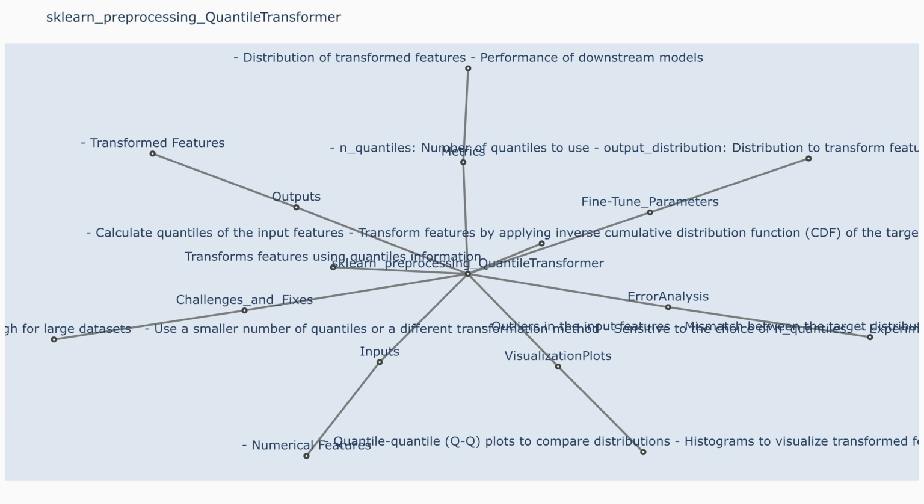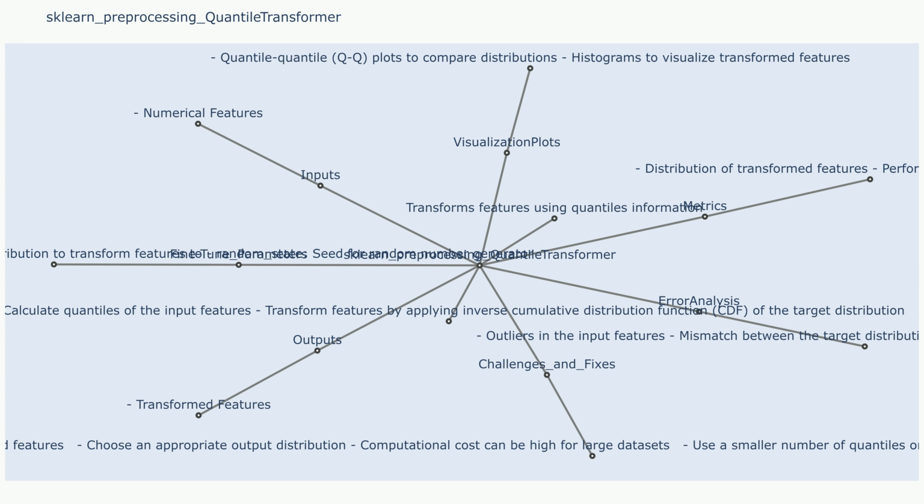sklearn.preprocessing.QuantileTransformer. Description: the quantile transformer is a feature transformation technique that maps the features to a uniform or Gaussian distribution. It essentially converts the original distribution of each feature to a new distribution, which is either uniform or Gaussian, regardless of the original distribution. It achieves this by mapping the percentiles of the original data to the percentiles of the